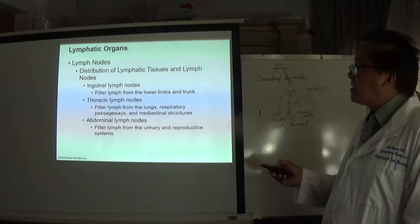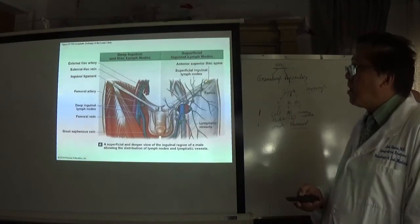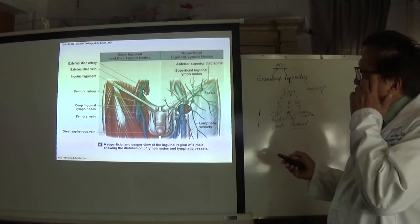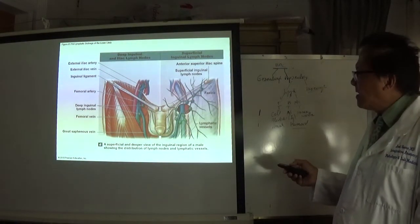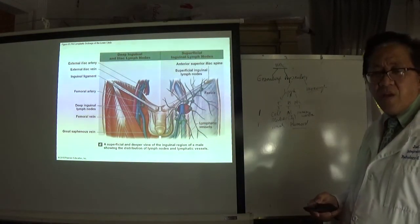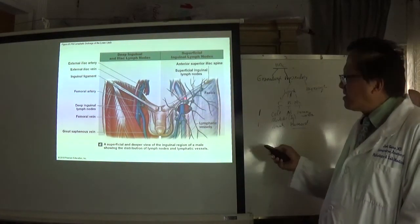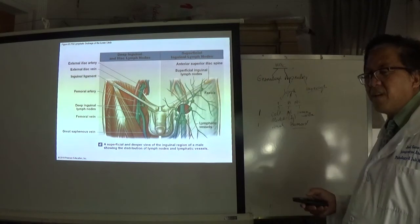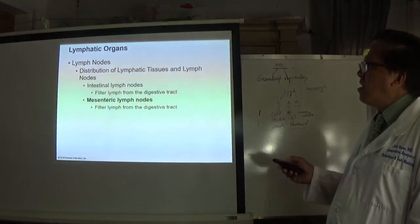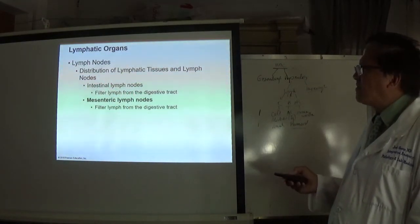And then of course, if it's abdominal thoracic region, we definitely have lymph nodes also in those areas of the body. So inguinal lymph nodes, see? Apparently, this is the male genitalia, the penis with the scrotal sac and the testes there. You can see here that whenever you have an infection in the foot or leg, in order to prevent the spread of the bacteria, these lymph nodes can filter and prevent, and that's why oftentimes they can become inflamed and enlarged. Now, in the area of the GI tract or the gastrointestinal or digestive tract, you can also have all these mesenteric lymph nodes,